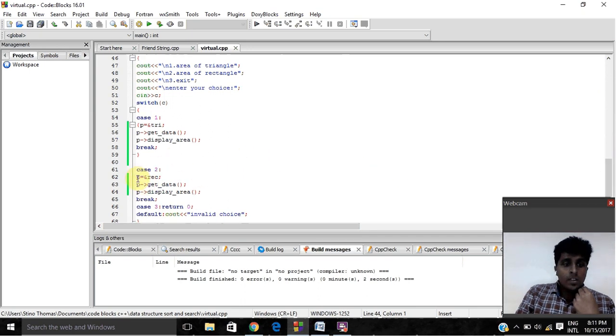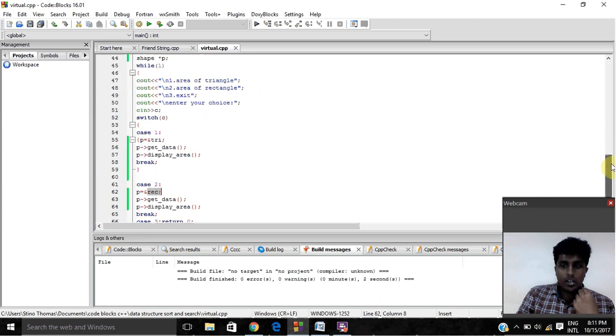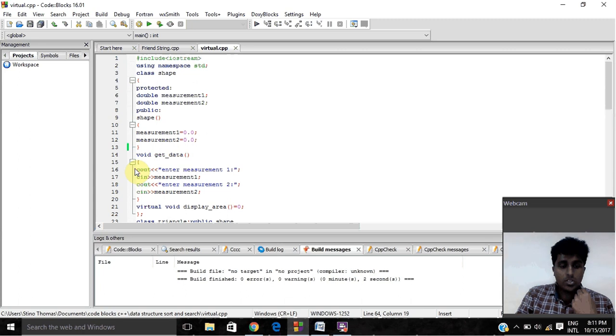So here, corresponding to REC, that is rec for rectangle, the object of rectangle, the corresponding member function of the rectangle class, that is get display area, would be called. We have a function get data here to initialize values to the two data members measurement 1 and measurement 2, and a constructor that initializes them to 0. So this get data will initialize the data members